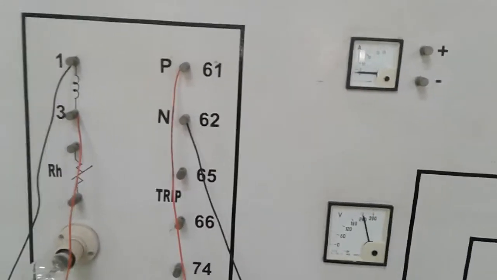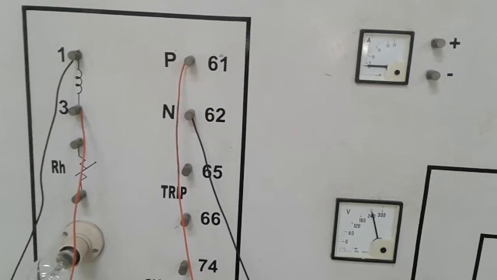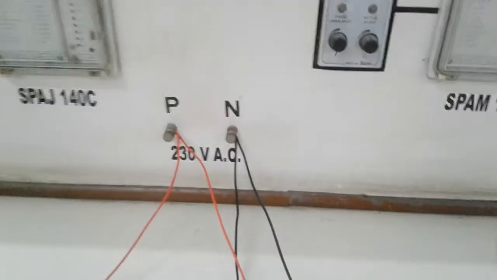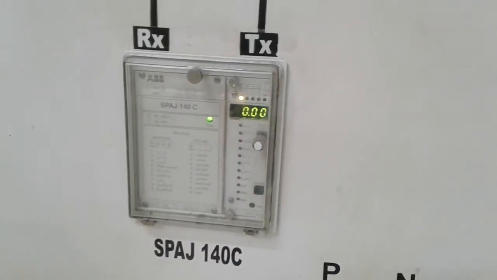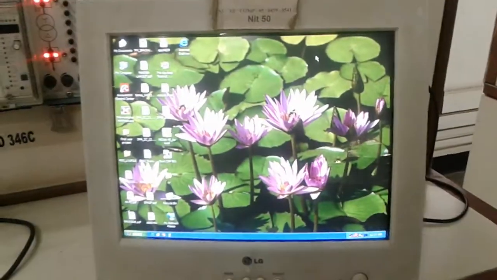And the phase and neutral terminals of this relay are connected to the supply system here at 230 volt. And for communicating with this relay, we need to connect it to this port. And we would be controlling everything from the computer.